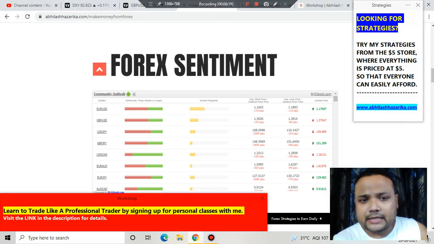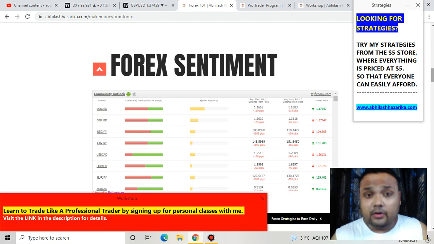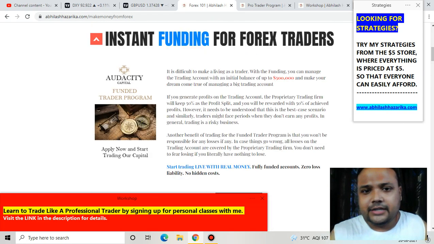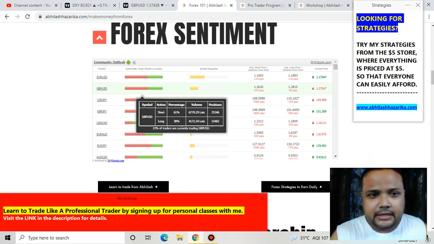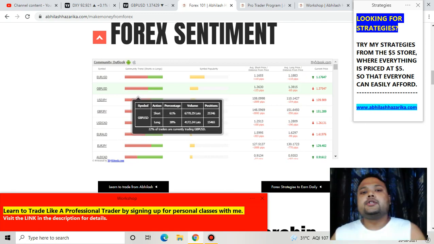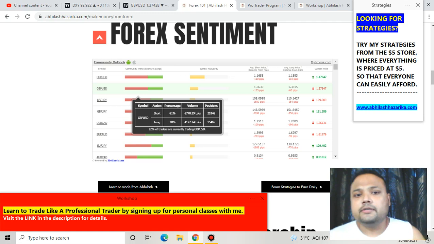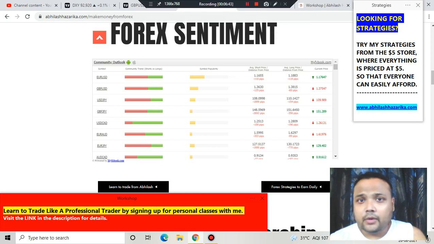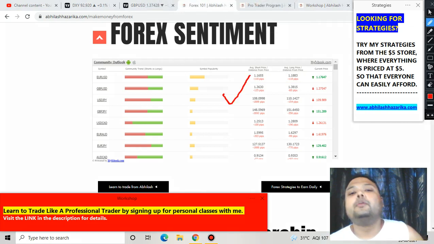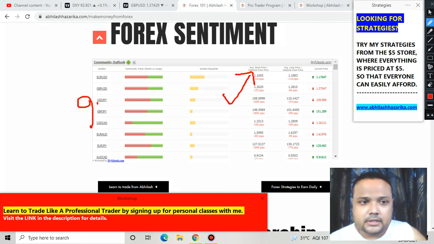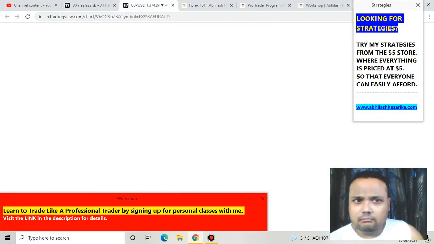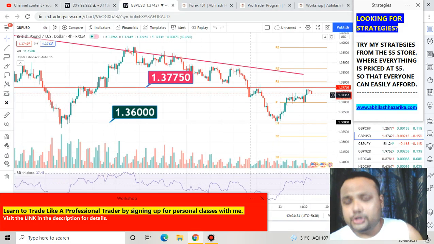And if we go to the forex sentiment meter here, you will find the forex sentiment meter on my website under the forex 101 section. In the forex sentiment meter you can see that 61% of retail traders have taken a short position and 38% of retail traders have taken a long position. So it means that 61% of retail traders are thinking that the market will be going down, whereas only 38% are thinking that the market will be going up. Generally we see that 90% of retail traders lose money, and personally I also prefer to take trades against the sentiment meter. But right now it looks like the market is in a good position to short only.